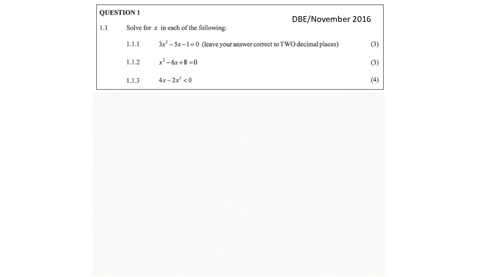Let's look at our first exam question. In this question, they ask us to solve for x in each of the following. And if we look at the first equation, we have 3x squared minus 5x minus 1 equals 0. And they say that we have to leave our answers correct to 2 decimal places. Now, this is actually a hint that tells us that we are going to use the quadratic formula to solve